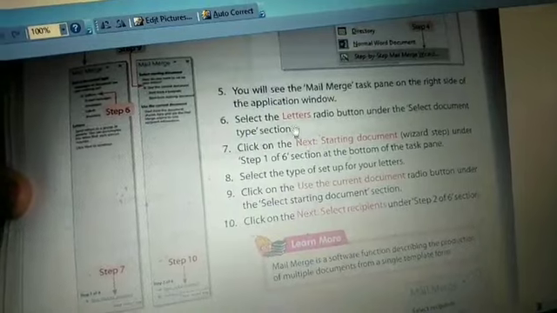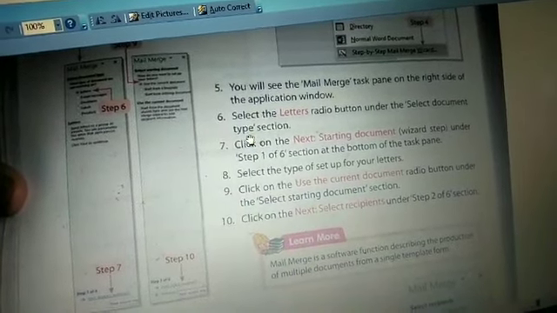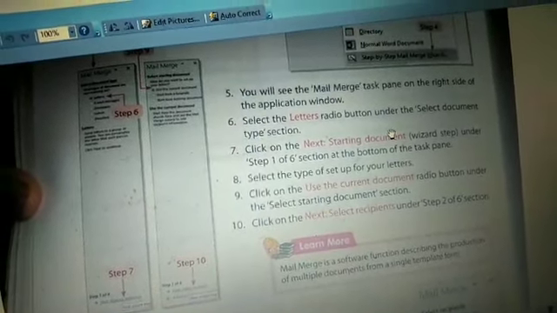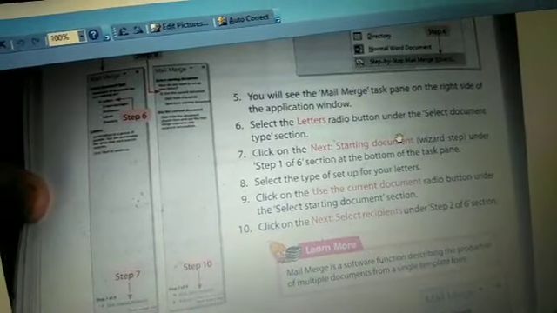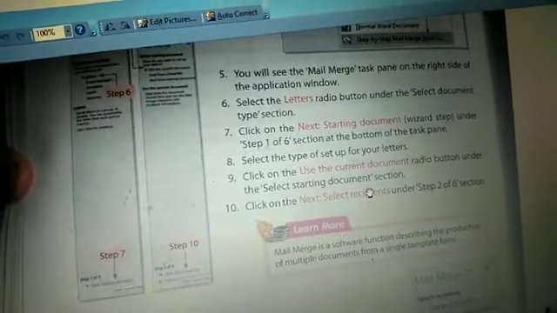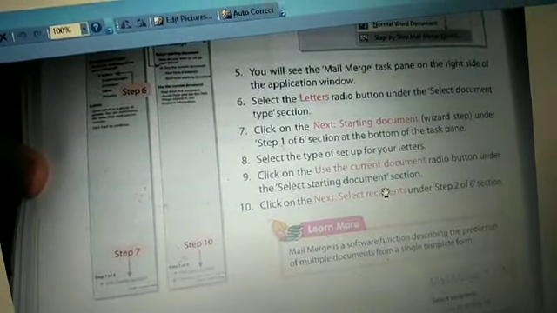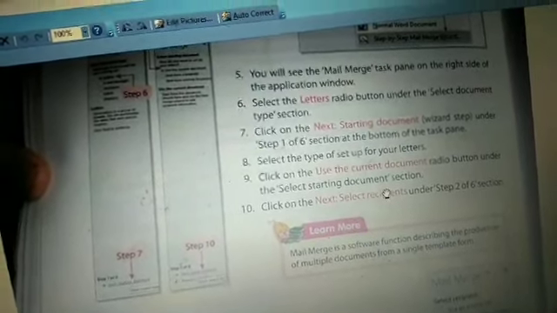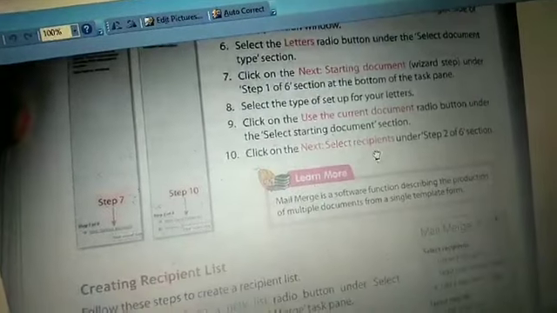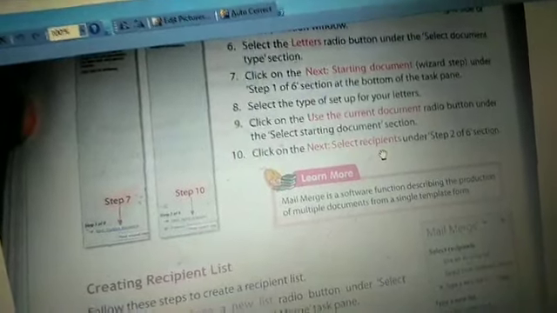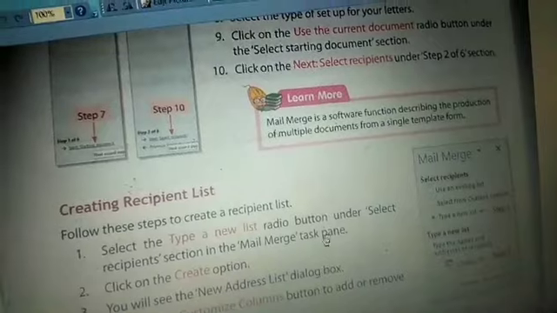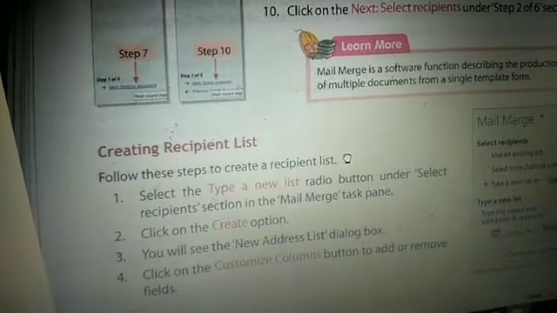Once you select it, you will see one task pane coming at the right hand side of your system. There are steps one by one, so you have to follow all the steps accordingly. Each and every step has its own work, so according to that you have to click and do your particular work. Okay, so that is what we are going to discuss one by one.